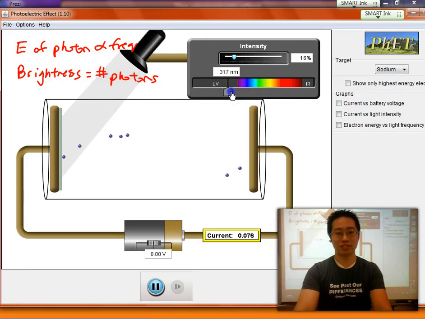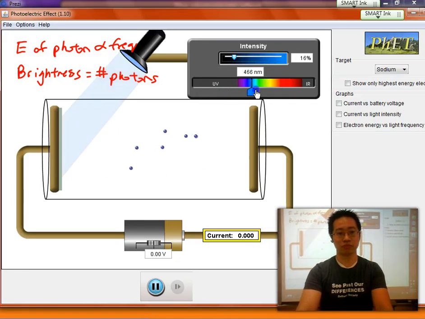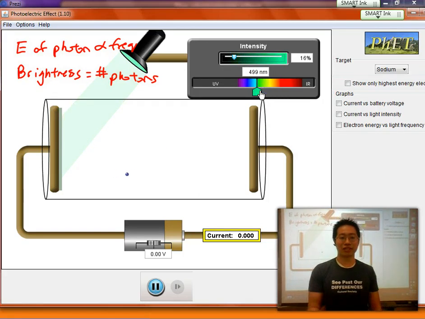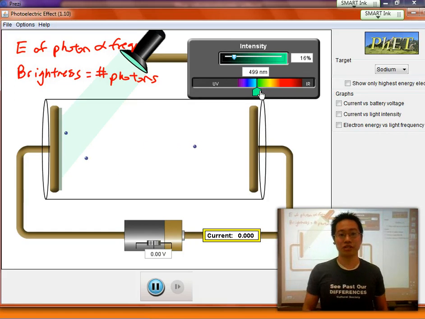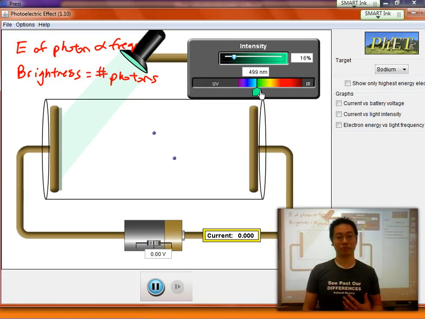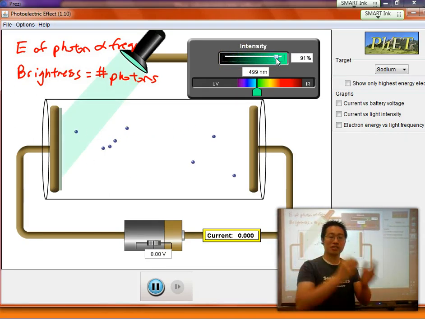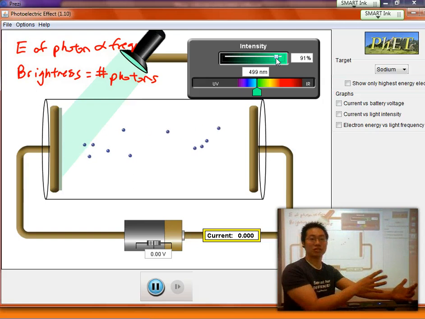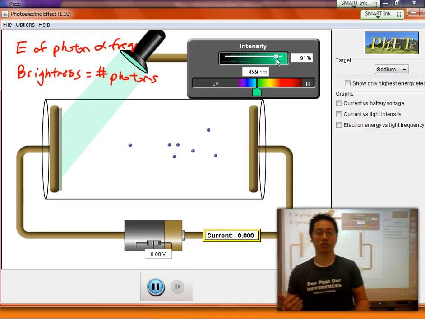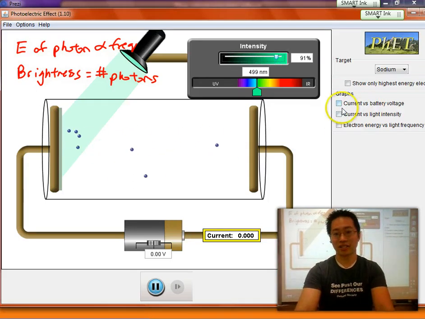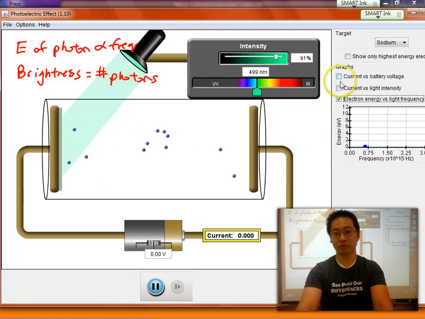Okay? If I decrease the frequency, the electrons that are being knocked out have less speed, less kinetic energy as they're coming out. If I increase the intensity, I'm shooting more individual photons in. It's like I'm throwing more balls into it and knocking more electrons to come out. In fact, if I graph it over here,